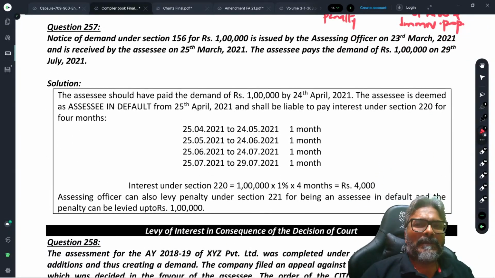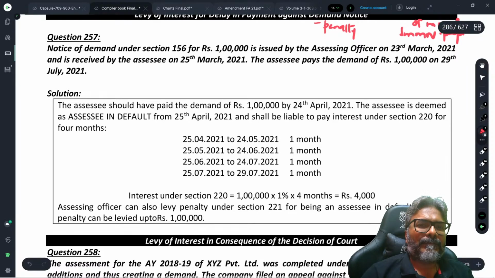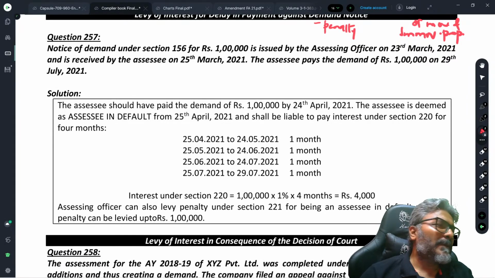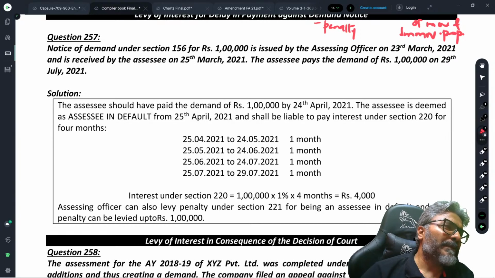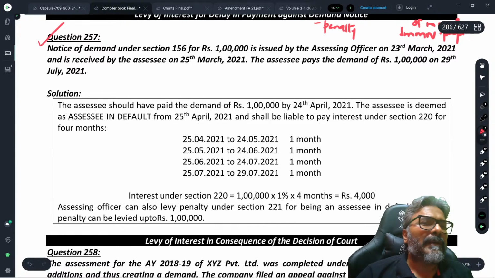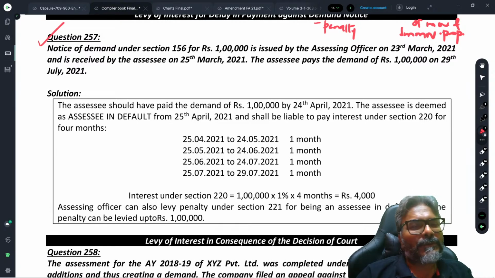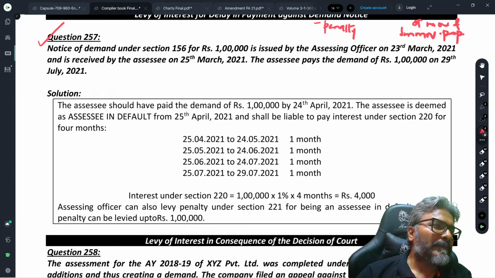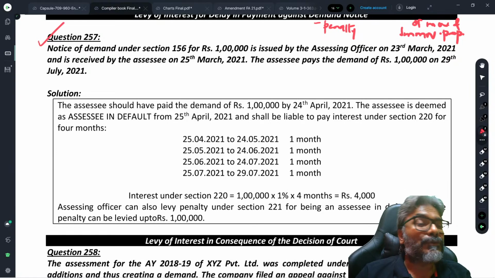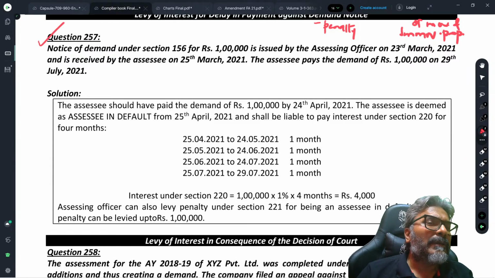Consider this, students. This is a classic MCQ question, students. Question number 257. This is a classic MCQ question. Notice of demand under section 156. We can just quickly run through it once because it has been targeted. The next question is the most important one, and many of them would not have understood it. It's a beautiful question. Notice of demand under section 156 for rupees 1 lakh is issued